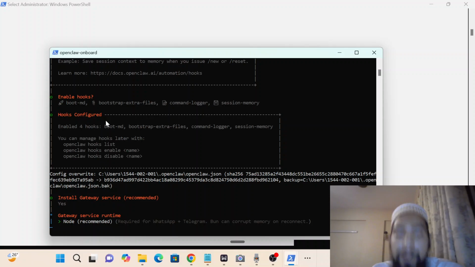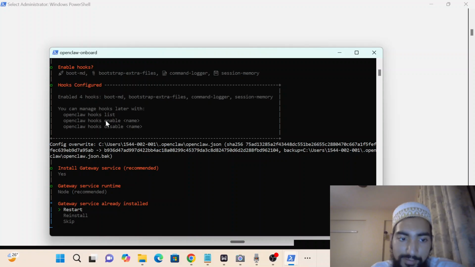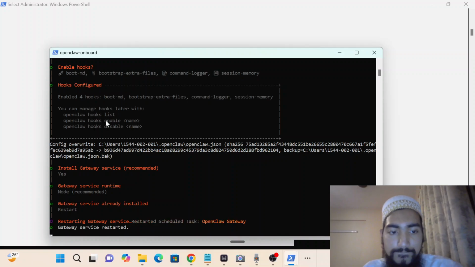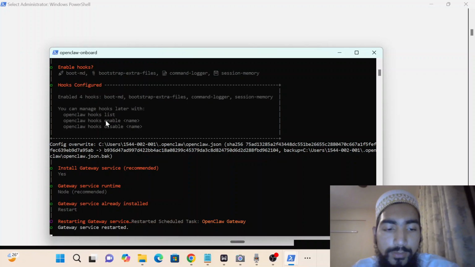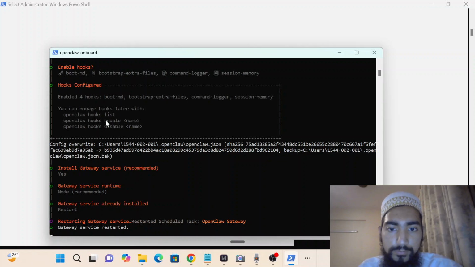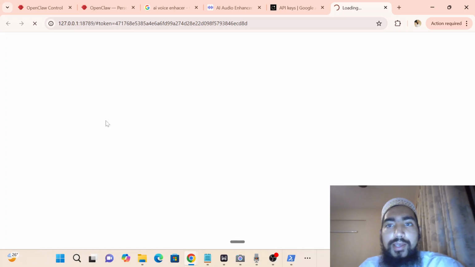It will auto detect the node because we have started. So it's already installed, it will just restart. And this will